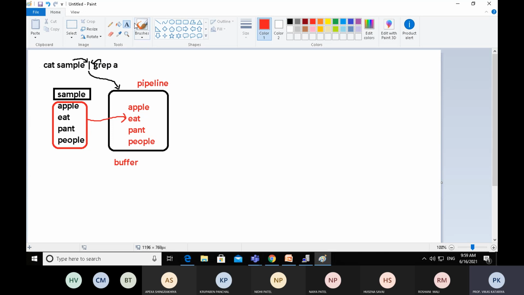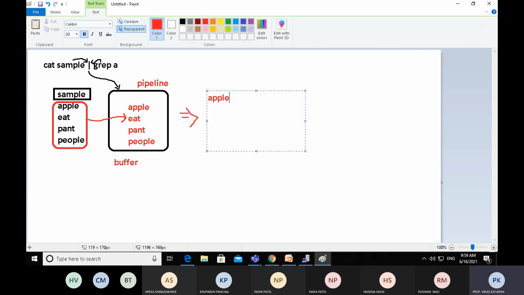So the output of the grep command will be: apple.